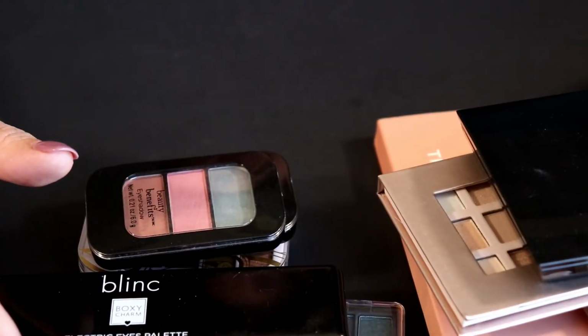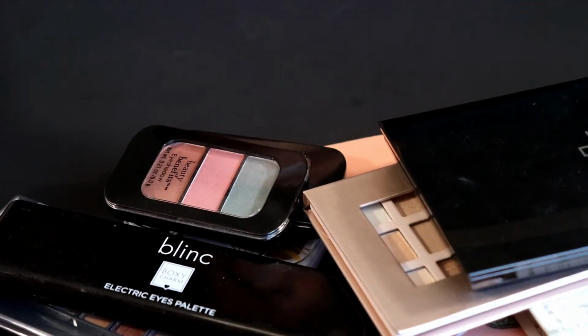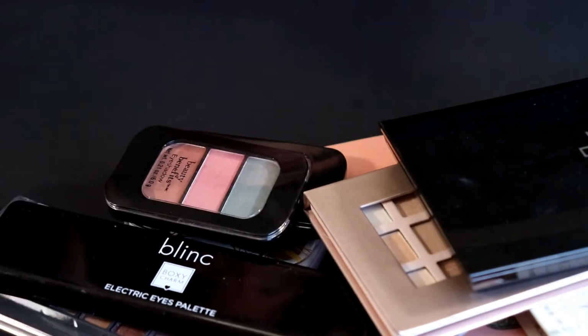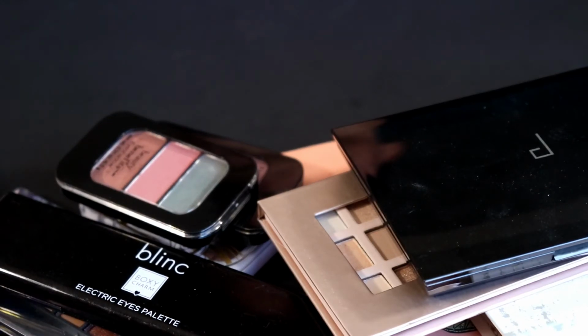It wasn't a massive declutter, but it was a declutter. I am getting rid of stuff that I'll never use. Maybe someone will find a good home for these. Anyway,